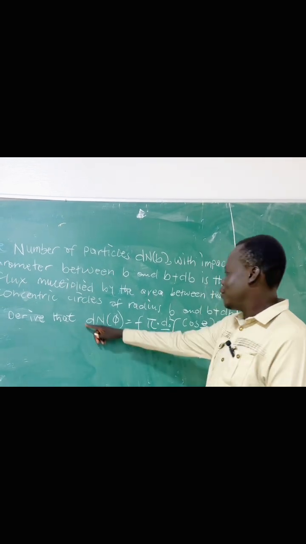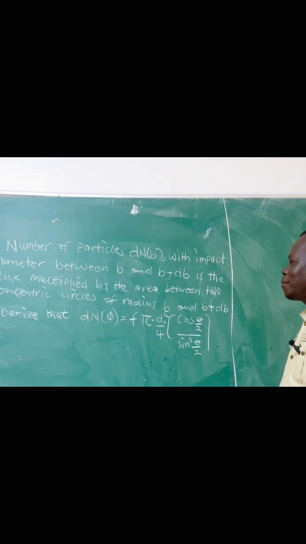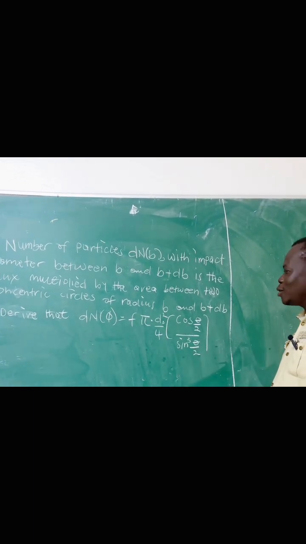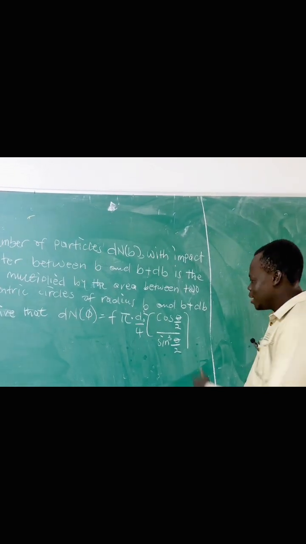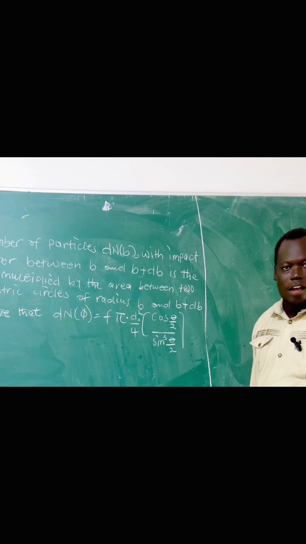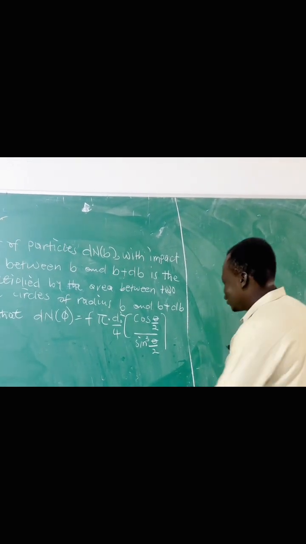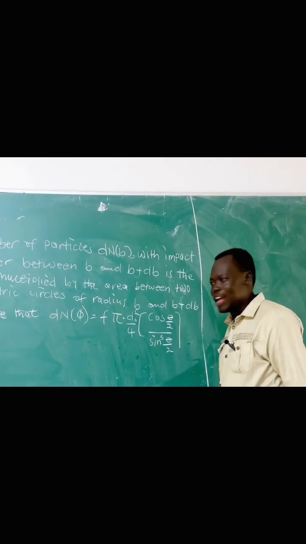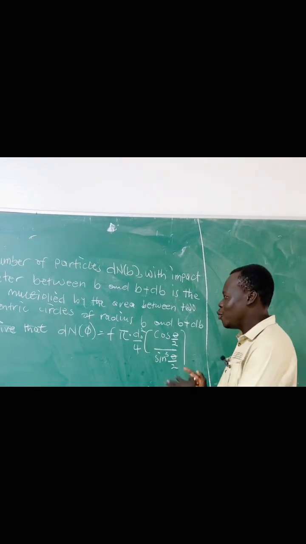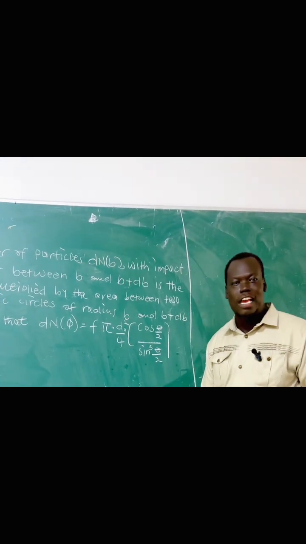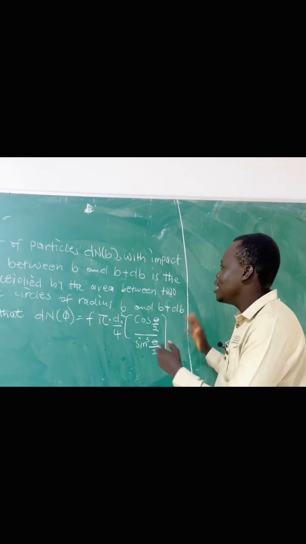Now we are going to derive dN(theta) is equal to F phi times d naught squared divided by 4, cosine of theta divided by 2 divided by sine raised to power 3, of the angle theta divided by 2. You have to know that these are angles, as cos and sine are functions of trigonometry. And I'm going to derive this equation so that it comes out exactly like this. When you see this equation here, you can see that this one is a flux